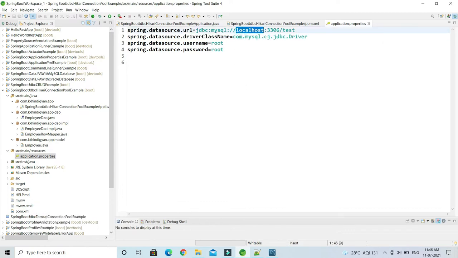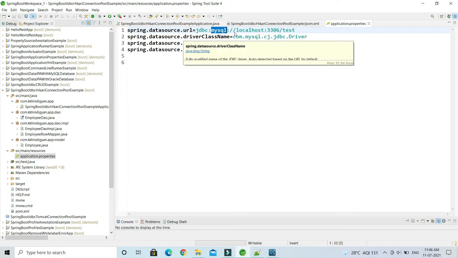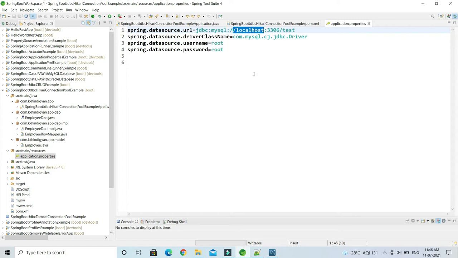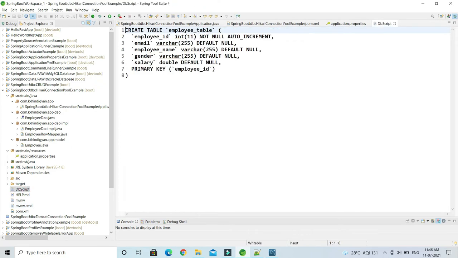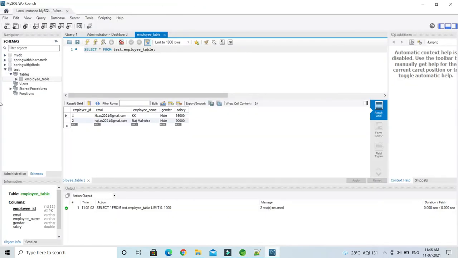Here you can see jdbc is nothing but the JDBC API, and we are using a MySQL database. This literal represents MySQL, and localhost means the MySQL server is running on the same machine. 3306 is the database port number, and test is my database where my database table is available. This is the employee table in the test schema, and currently I have 2 records.